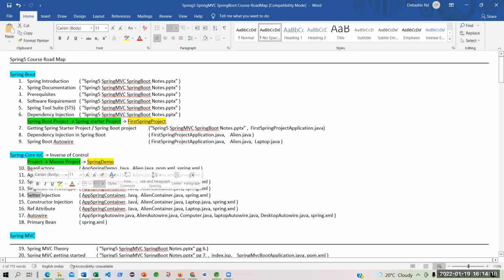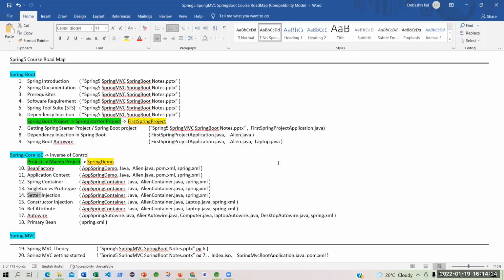Here we will not set a value to a property directly in the code, but we will be using that only in the config file.